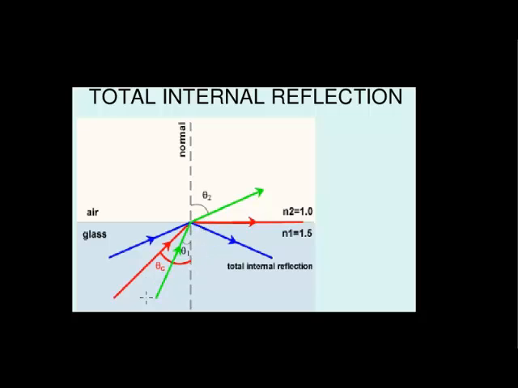So here we can see there are three rays: green, red and blue. We'll talk about this green ray first. For all the rays we can see that light is entering from glass to air, right? So denser medium to rarer medium, which was the first condition of total internal reflection. If a light ray comes from air to glass like this, it will be wrong, and that ray will not be able to satisfy the condition of total internal reflection.